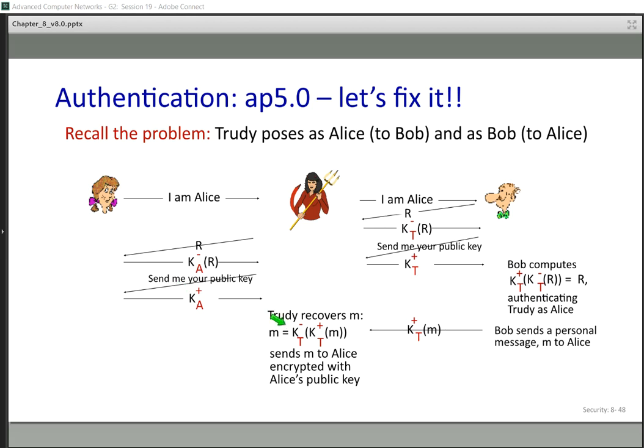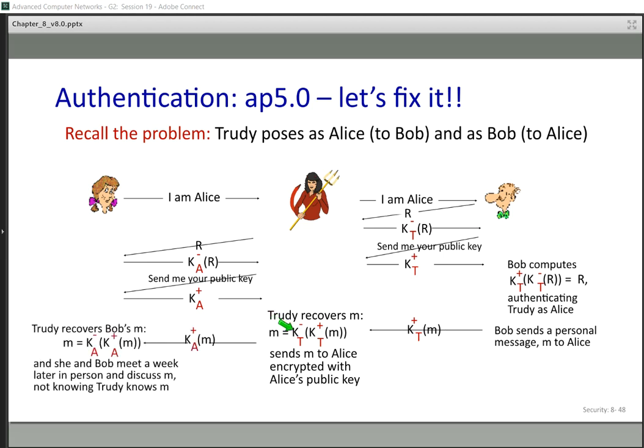Yes. So when, for example, Bob sends a personal message to Alice, Bob encrypts his message with the public key of Trudy, not the public key of Alice, so Trudy easily can recover the message. And now, for example, Trudy can send that message to Alice.